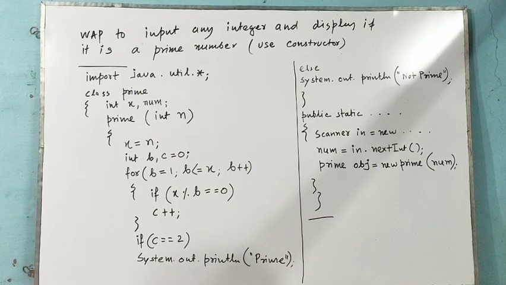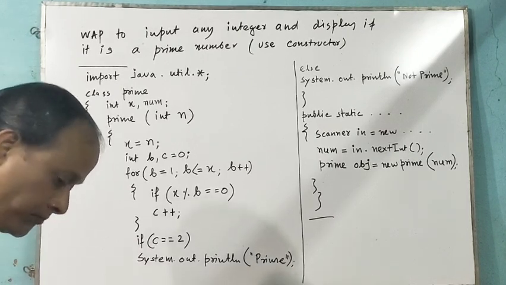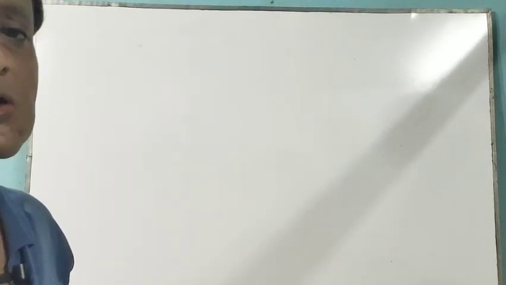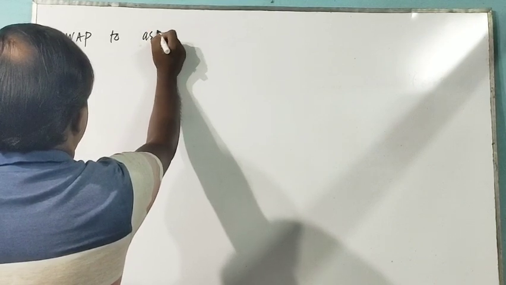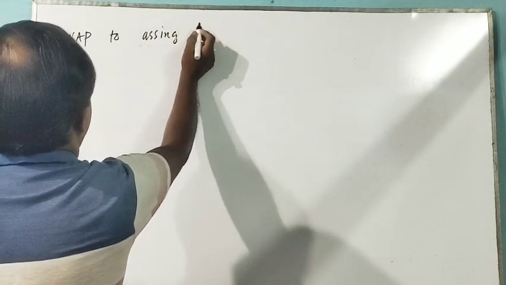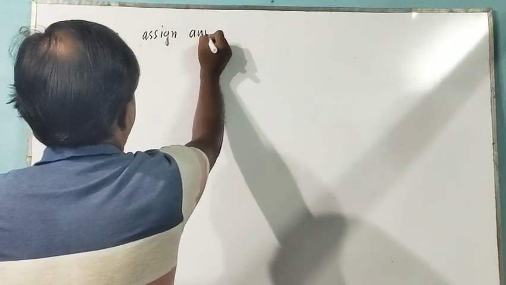Now we will see another example, and in that we will see one more type of constructor. Now we will do another program using a constructor. Let us do the same program, that means checking a prime number. Write a program to assign, now I am not using input, any integer